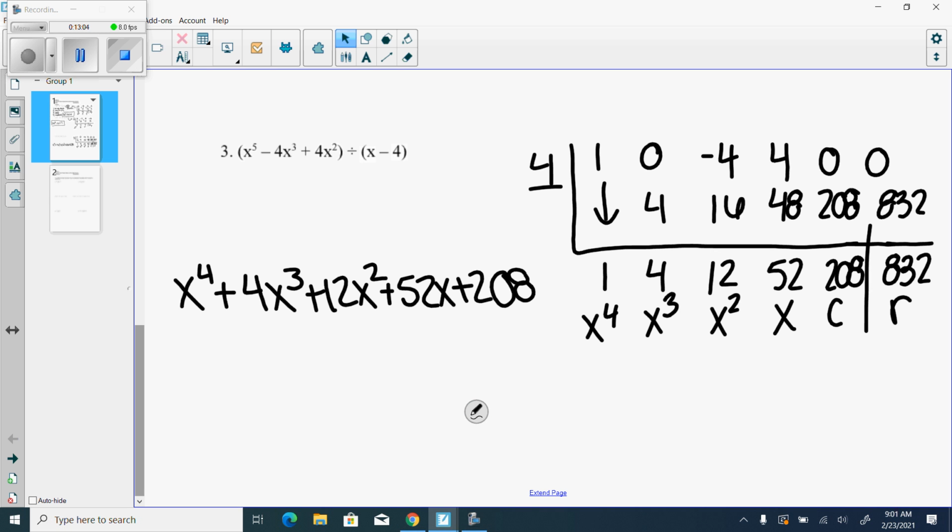And then we are going to follow our rule from yesterday. So remember, depending on what that number is, positive or negative, we put the sign down. And then I put my remainder over my divisor, which in this case was x minus 4. Right? So 832, I kind of ran out of room here, over x minus